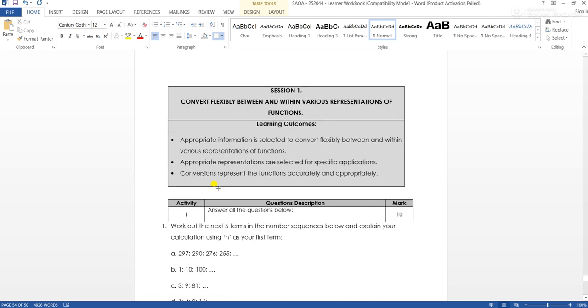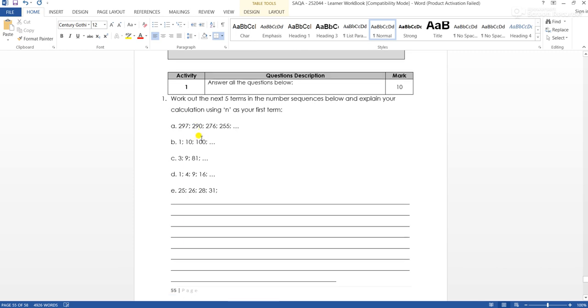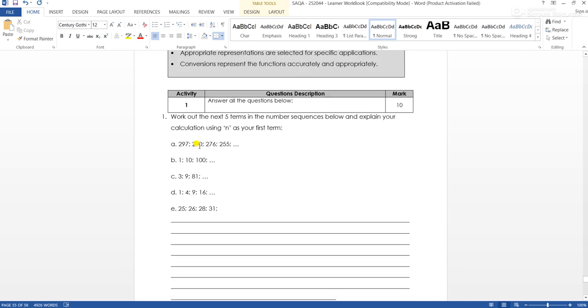Learning unit 5, activity 1, you need to work out the next 5 terms in the number sequences below and explain your calculation using n as your first term. So working out, you need to find the differences. In this instance, you need to find the common difference, not the common ratio. You need to subtract the first term from the second term. So it will be 290 minus 270. It's 20, and